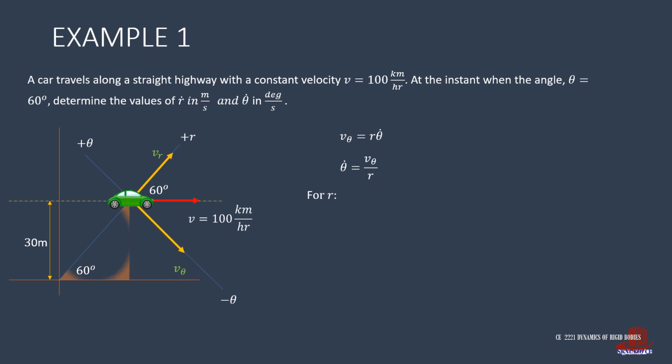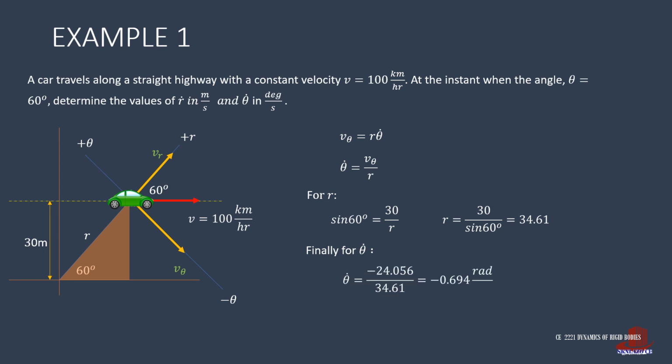Radius is taken as the distance from the origin to the particle at specified angle. So using trigonometry, sine 60 degrees is computed as the adjacent side 30 meters all over the hypotenuse r. So the radius r is solved as 30 upon sine 60 degrees, or that is 34.61 meters. With r and v theta already known, we can finally compute for theta dot as negative 24.056 divided by 34.61, which comes out as negative